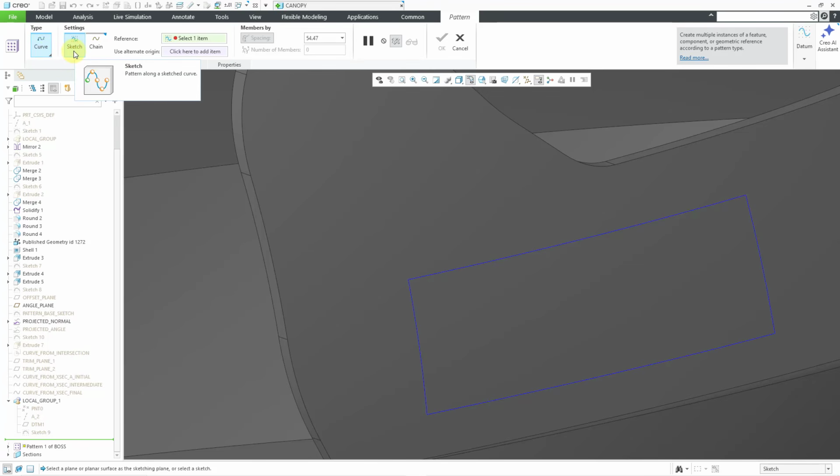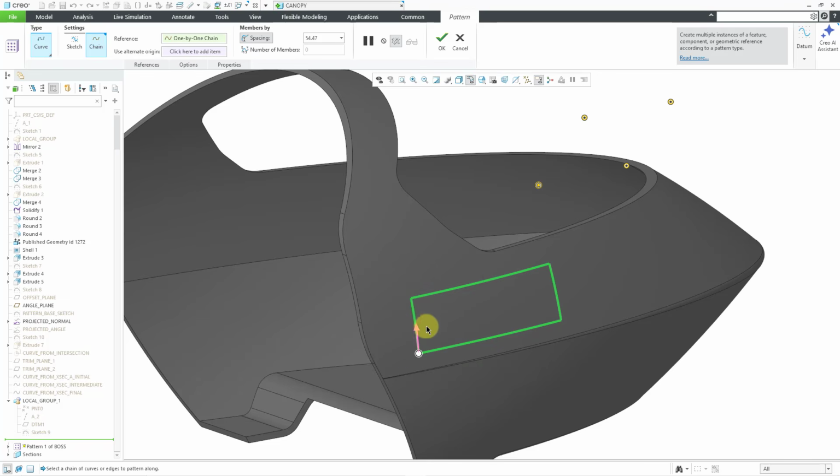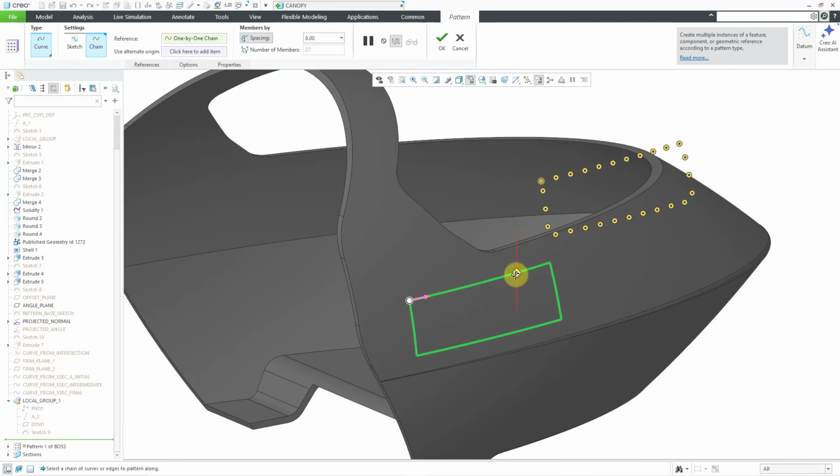And back in Creo 12, you only had the option of using a sketch, a sketched curve. Now we can change to a curve chain. So I will select that, and now I can pick this curve that was projected. Oh, there we see the origin of it, and the preview is out in space. We can use this to drag where it's going, and let me change the direction. Let's change the spacing back down to 8, and so you can see more of the instances,